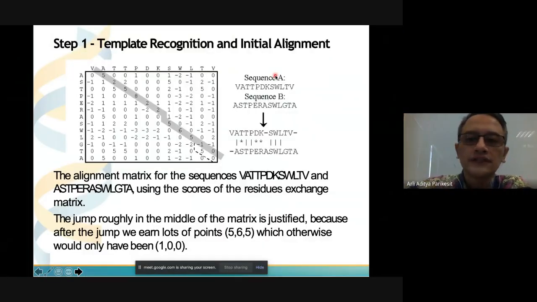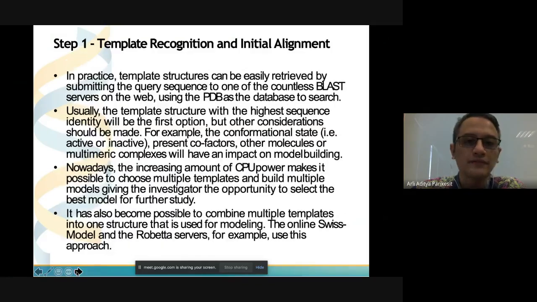So this is sequence A, sequence B, and you align them. This is dynamic programming. This is just a reminder. You can read it by yourself in the bioinformatics algorithm course. This is basically just the explanation. It means that if you have more CPU power, you can use multiple templates.